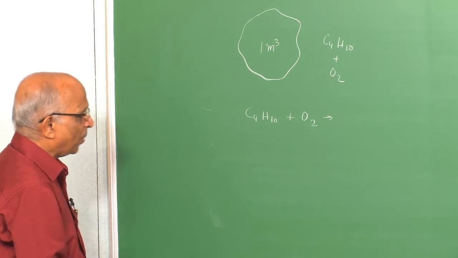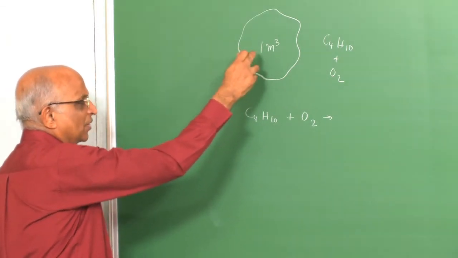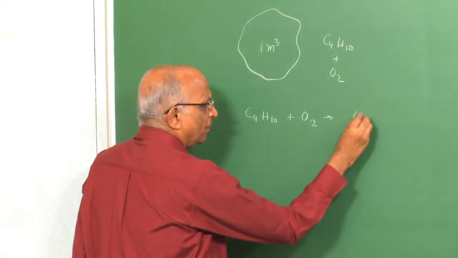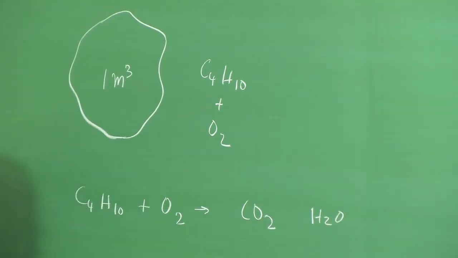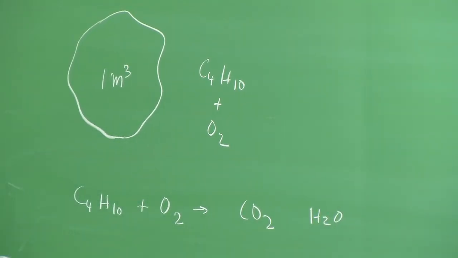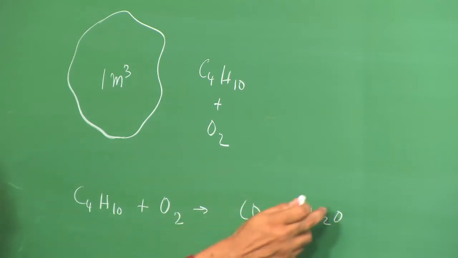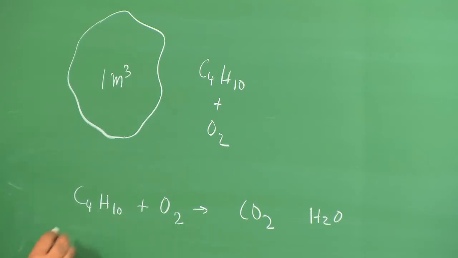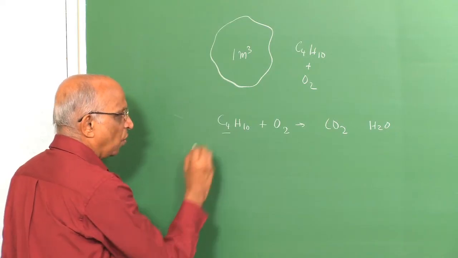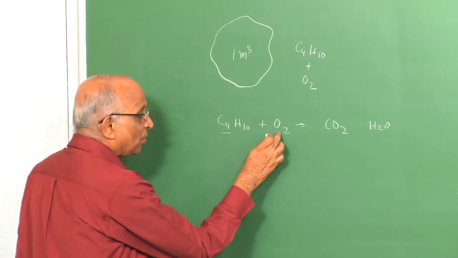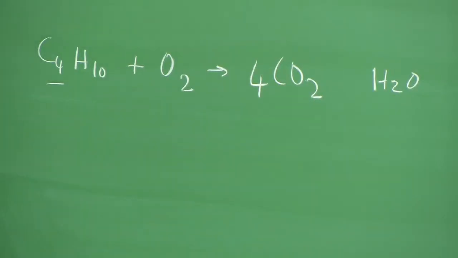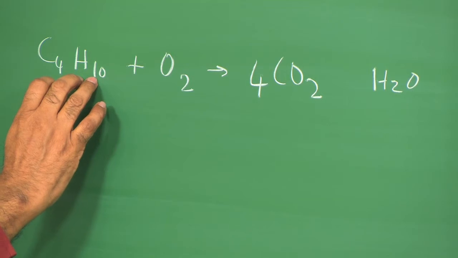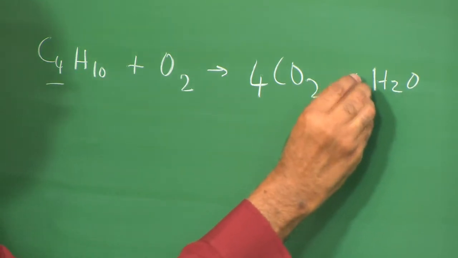To be able to determine the products, let us for the first exercise assume that the products are going to be CO2, that means carbon dioxide, and water. We assume this. In the second part, maybe a little later in this class, we will see how to determine what the products are. For the present, we just assume this. If we assume this, I have carbon which is 4, which if it reacts with oxygen to form carbon dioxide, I have 4 atoms here, so I should get 4 of carbon dioxide. I have 10 atoms of hydrogen, therefore I have H2O, so I should form 5 H2O.